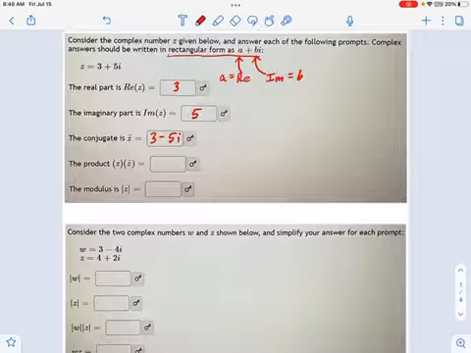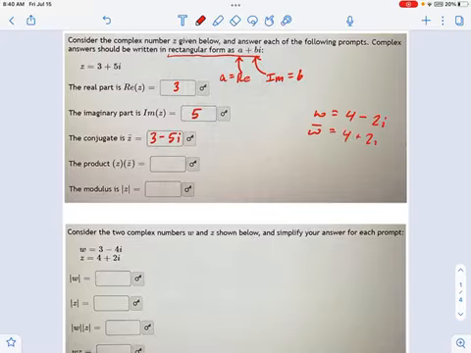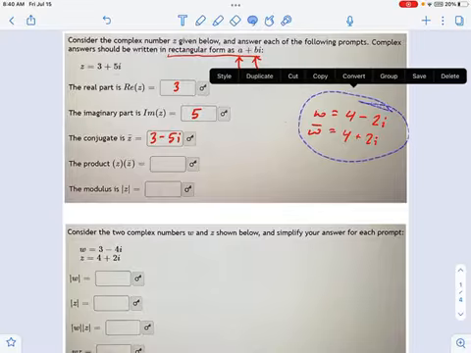If you had a complex number, let's say we had w equals, I'm just making something up here, 4 minus 2i, the conjugate, which I would write as w with a bar over it, is just 4 plus 2i, right? Whatever that sign is right there, you're just going to flip it.